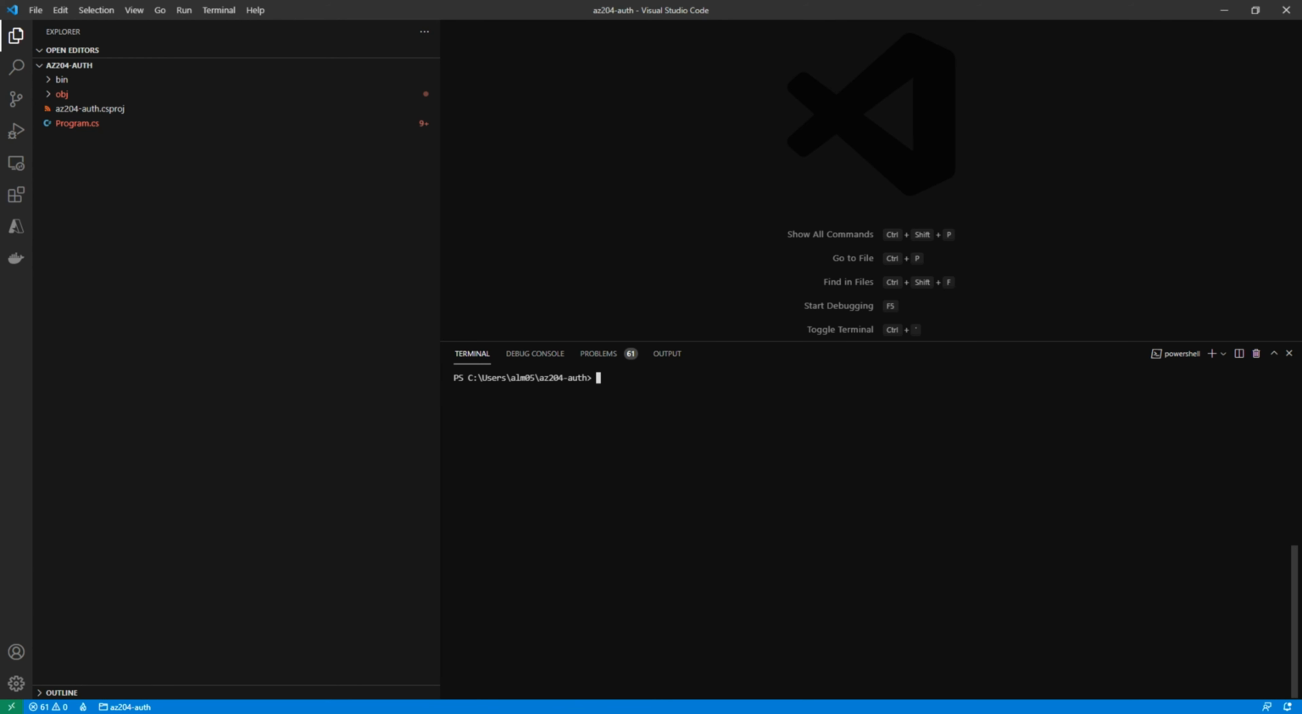This walkthrough is a continuation of our previous one, and the first task that we need to do is make sure that we are in our previous demo. So we created the AZ204-auth folder, and we should now be in that directory. Okay, and now what we need to do is go ahead and install the dependency for